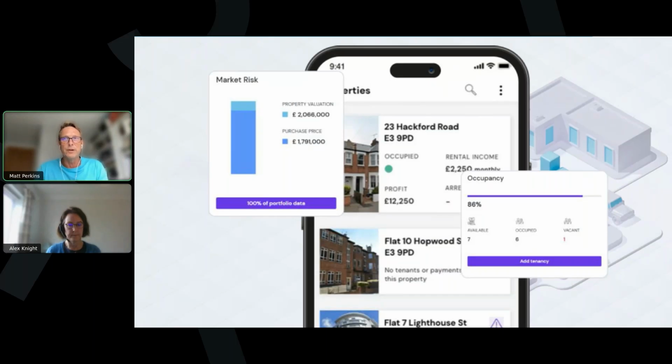If you're self-employed or you've worked for a small business before, you might already have used some sort of accounting software, like a traditional ledger software like Sage or QuickBooks or Xero. The thing I wanted to explain is that Hammock is not like those software. It's actually designed for landlords. They're not designed for the kind of record keeping and reporting you need to do as a landlord, whereas